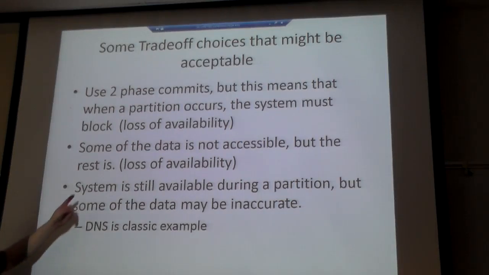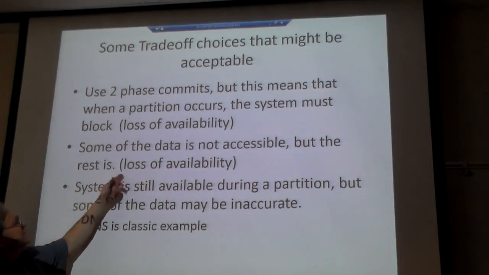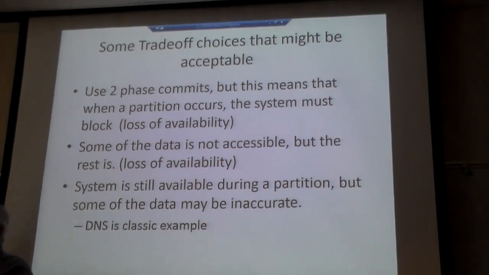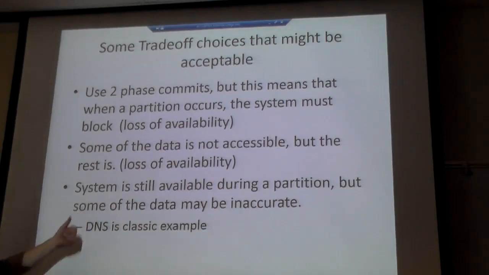Or you can say some of the data is accessible, but the rest is not. And that's a situation where if you have a failure, you can isolate it and say, well, it's only these tables on this machine. I will let all other accesses continue, but I will refuse these ones. So there, most of your data is accessible, but some of it's not. And then this is the partitioning one,